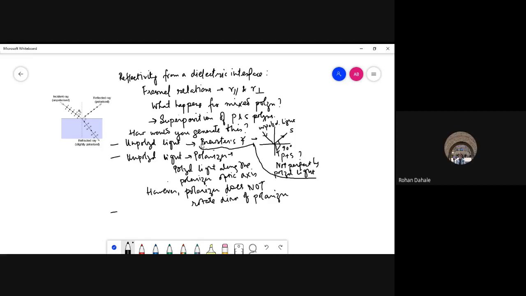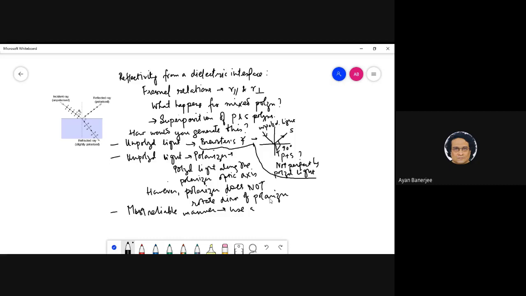Sir, can you use a wave plate? Exactly. Very good. That is the most reliable manner. All of you should have been able to say it. What kind of wave plate, by the way? Quarter wave plate? A quarter wave plate will give you circular polarized light. Where is that a mixture of S and P?